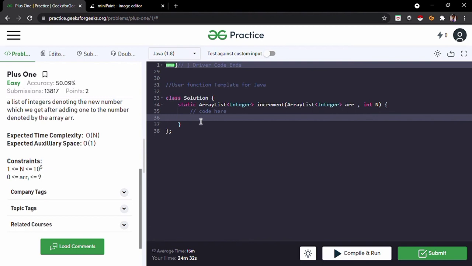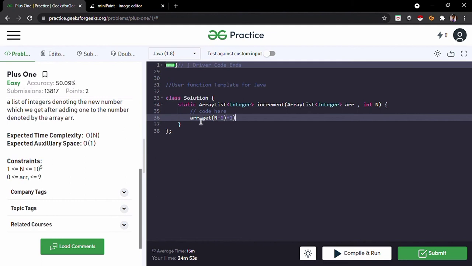First of all, we have to add 1 to the last number. So how can we get the last number of the array list? We can get any number of the array list with an index value using the get function. So let's use the get function, arr.get. We have to take the last index, n minus 1, and add 1.